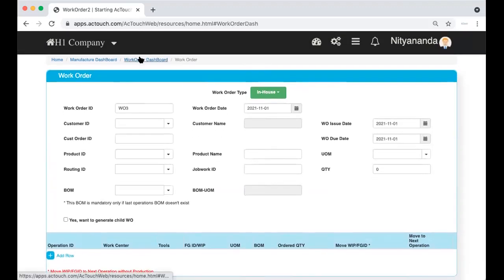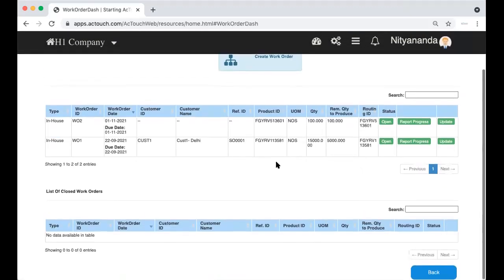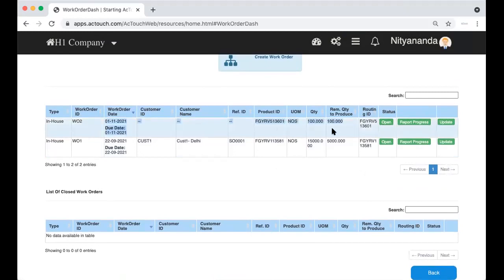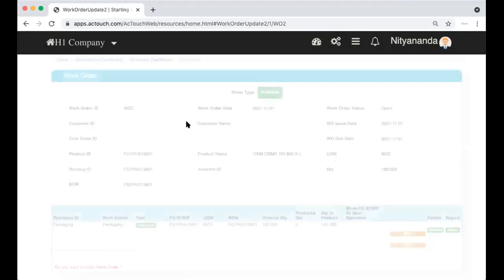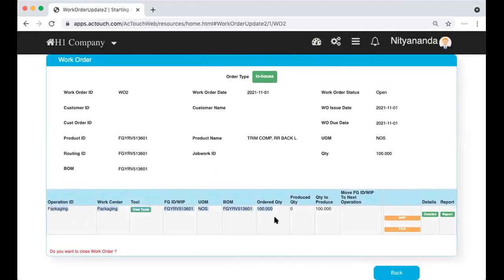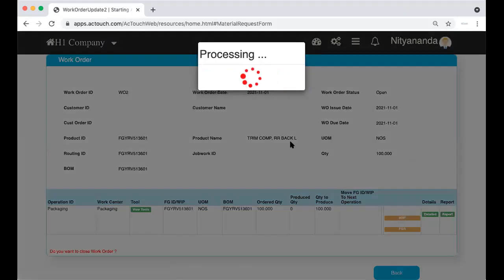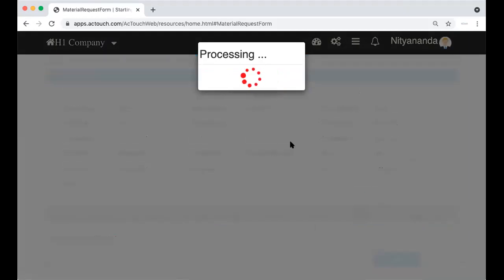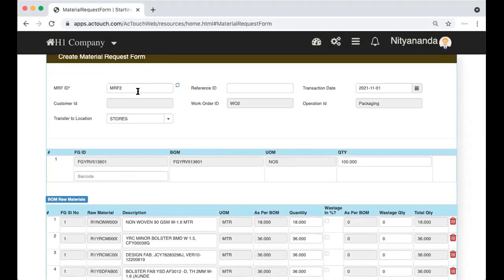Once the work order is created, it will appear in the dashboard like this, which we just created. We click on report progress, and the data is here. MRF stands for material request form. Whatever raw material you need for the material,